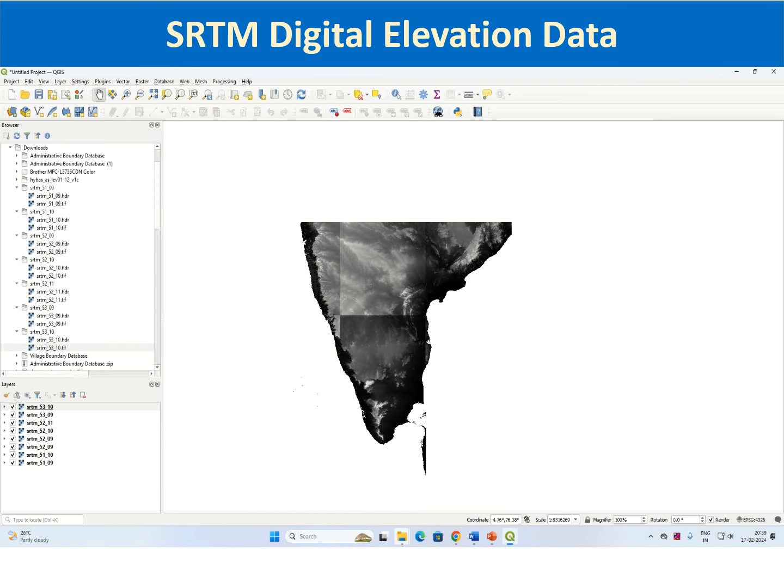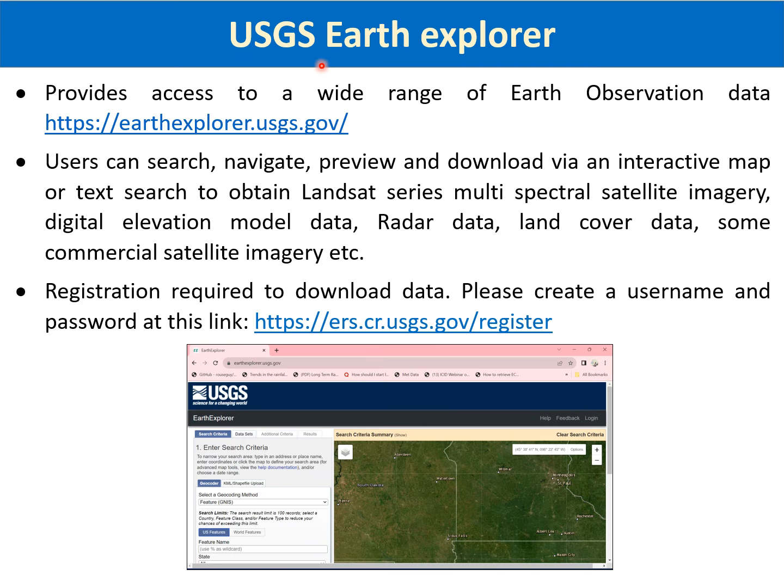Now let us move to USGS Earth Explorer, which is useful for accessing many of the open access raster data, the satellite imagery. It provides access to a wide range of Earth observation data. This is the URL to access USGS, United States Geological Survey Earth Explorer. Users can search for data, raster data, navigate, preview, and download via an interactive map canvas